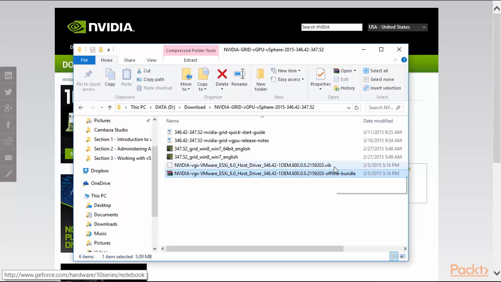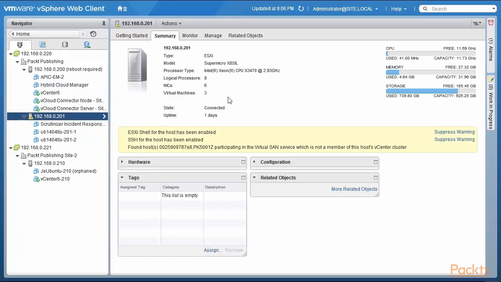The .vib file is the vSphere Installation Bundle, and this is the file that we are going to actually load into ESXi. To load this file into ESXi, we have to go to the vSphere web client and upload it to a data store. So we're now at the vSphere web client. We're looking at the host 192.168.0.201. We will go to its data store,